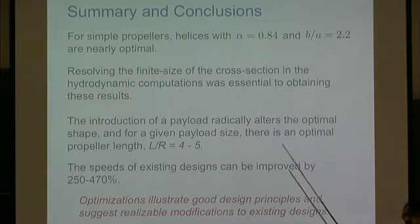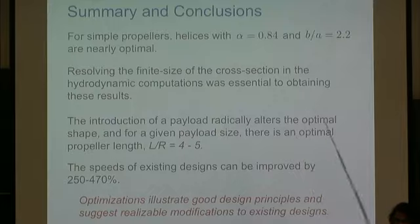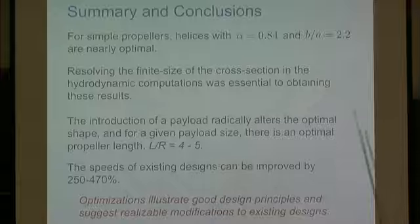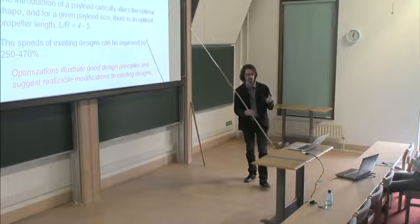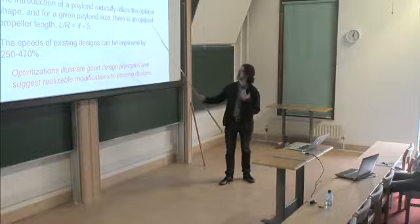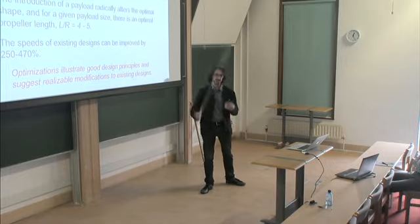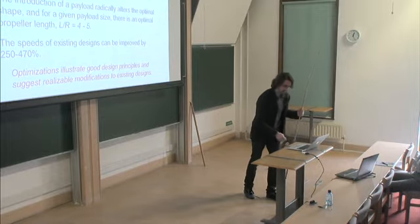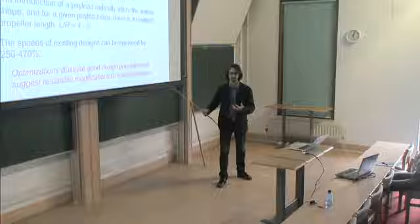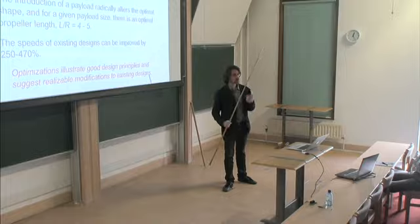But when you introduce a payload, it changes the problem completely, and it alters the optimal shape to ones where you have fewer helical turns of the tail, and where the helical radius of the tail is comparable to the size of the cargo. And for a given cargo size, there's an optimal propeller length that's about 4 to 5 times the diameter. And at the end of all this, we can say we could use our schemes to actually identify improvements to existing